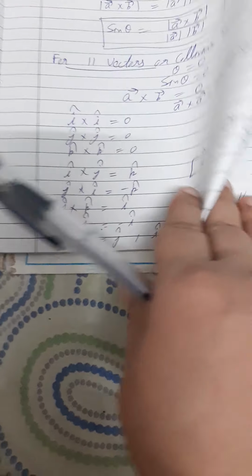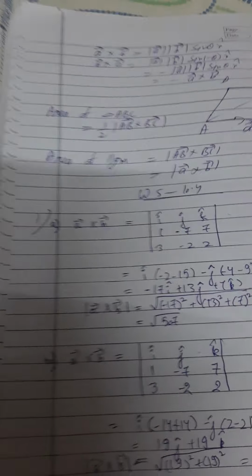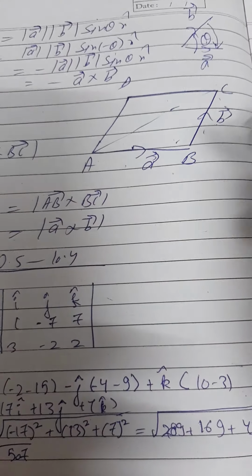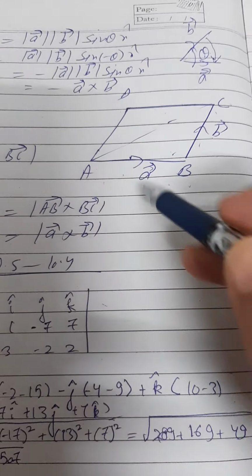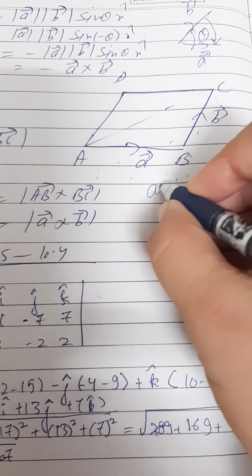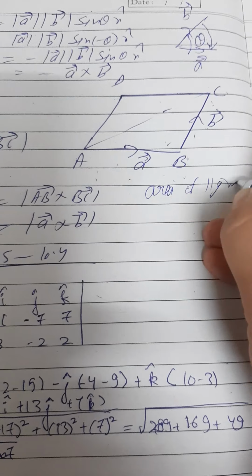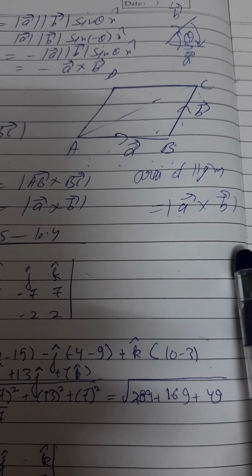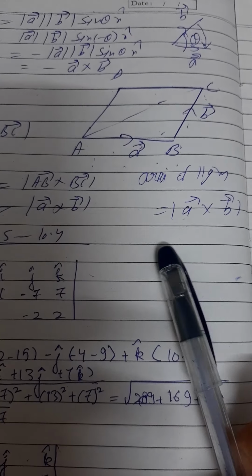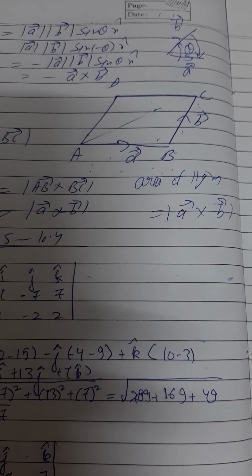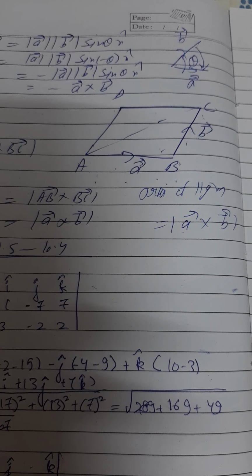Okay, now the last thing about cross product, that is the area of a triangle or area of a parallelogram having two adjacent vectors. Now if ABCD is a parallelogram having adjacent sides given by vector A and vector B, then area of parallelogram is equal to magnitude of A cross B. It means firstly we have to find the magnitude of A cross B, and when we find it, we get the area of parallelogram. And from here, what is the area of triangle?